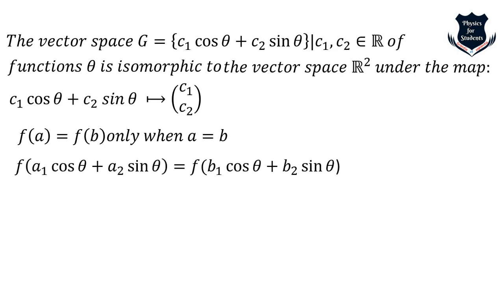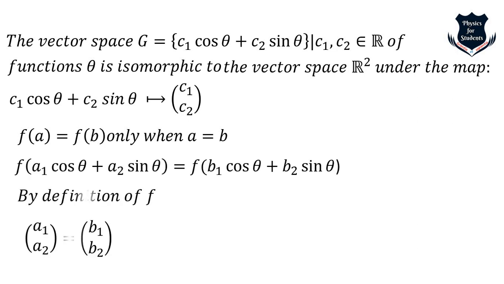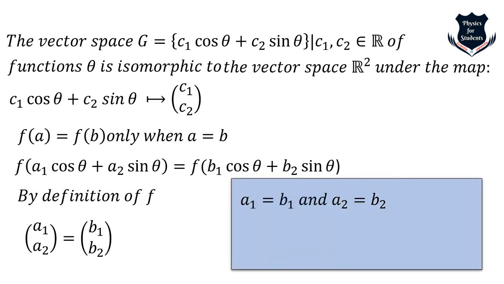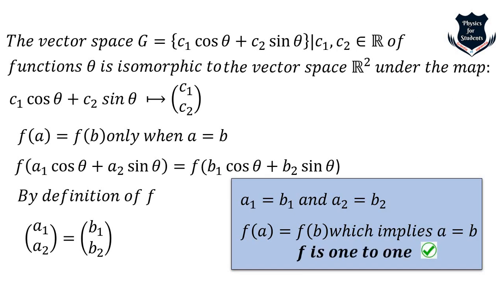You see the cosine and the sine theta. And by definition we know F is this one, (A1, A2) equals (B1, B2). Hence we can conclude A1 equals B1 and A2 equals B2. Why? Because column vectors are equal only when they have equal components. So we have proved this, which implies F(A) equals F(B), and which means F is